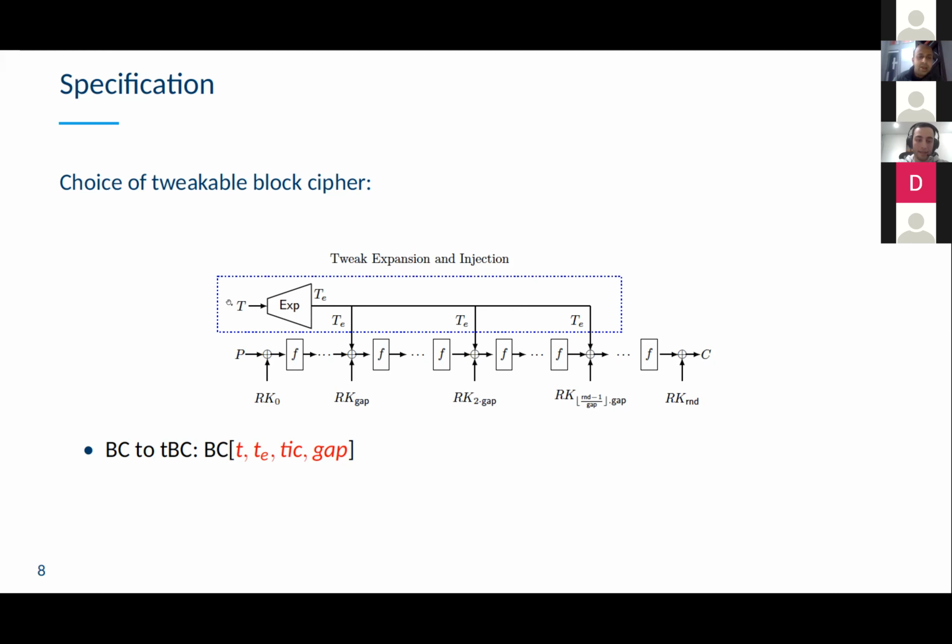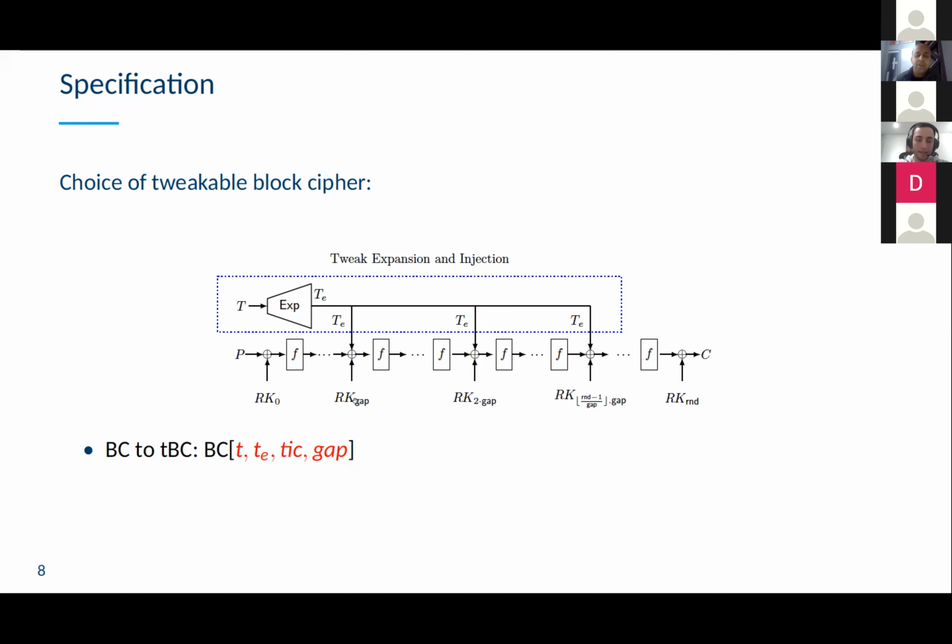We take a short tweak T of length small t, expand it using an encoding to a larger TE with length small te, and inject this expanded tweak into TIC number of cells in the block cipher state after every gap number of